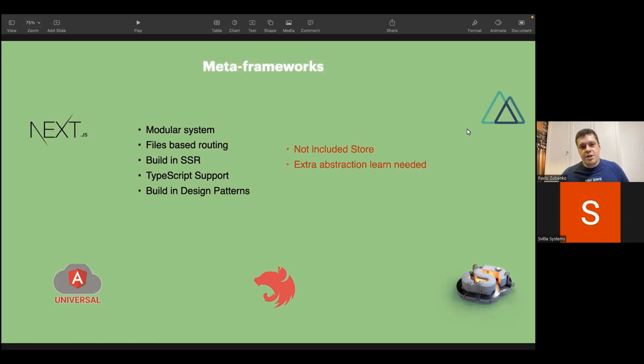All of them actually provide TypeScript support, and it's pretty important in our modern days. We see that the main competitor for JavaScript is TypeScript, and all of them allow you to use TypeScript for your application, and in this way it brings a lot of change in your architecture and in the structure of your project, and the pattern of how you create your application. Because TypeScript is some kind of everything good that we have in JavaScript.